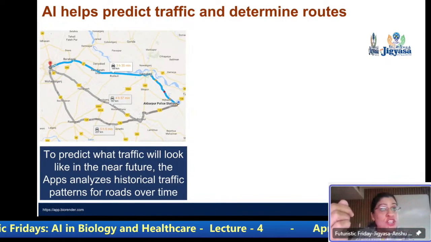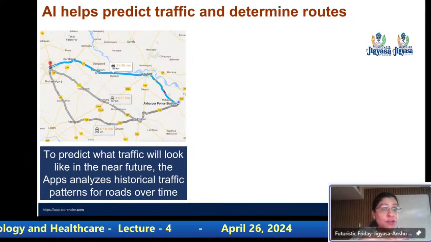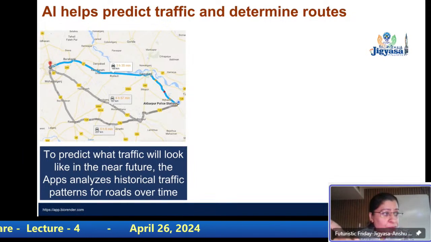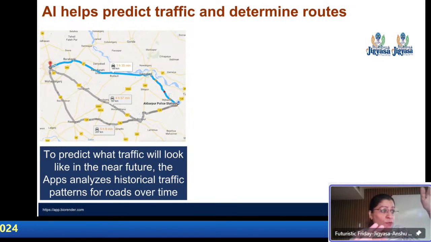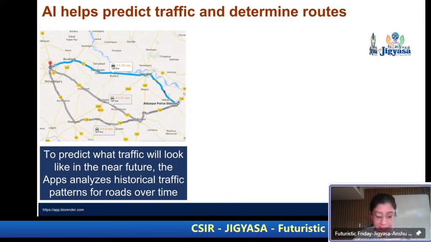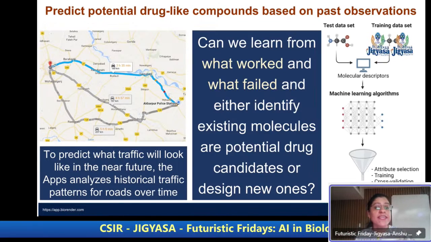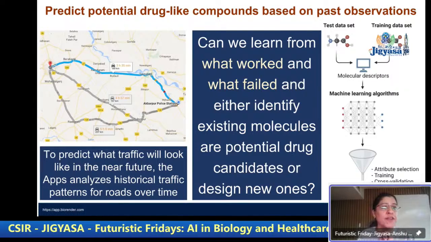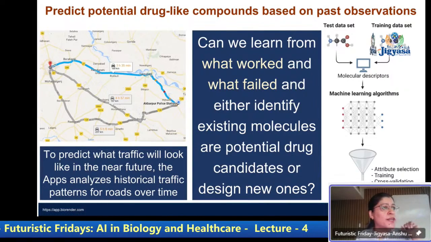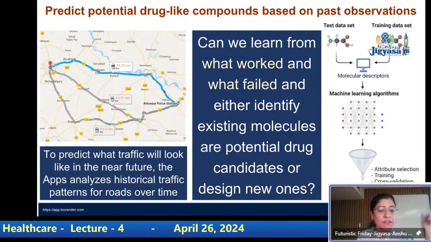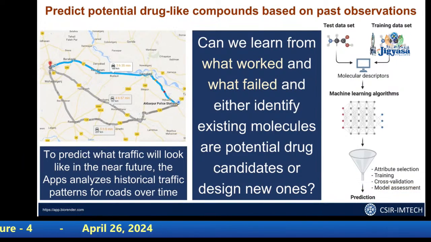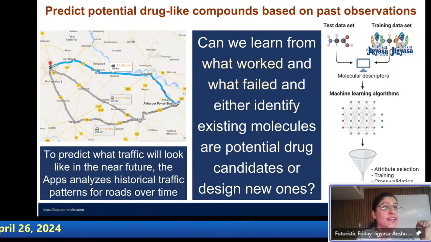Now, if you apply the same logic, and you know I told you drug discovery takes 10 to 15 years. Now, if you apply the same logic and say, okay, what failed, what worked, and you use all the historic data of failures and successes, can you apply the same logic for drug discovery, where you learn from what has worked in the past, where you learn from what has failed in the past, what is toxic, what is efficacious, and actually identify potential drug candidates? You can do that, right?